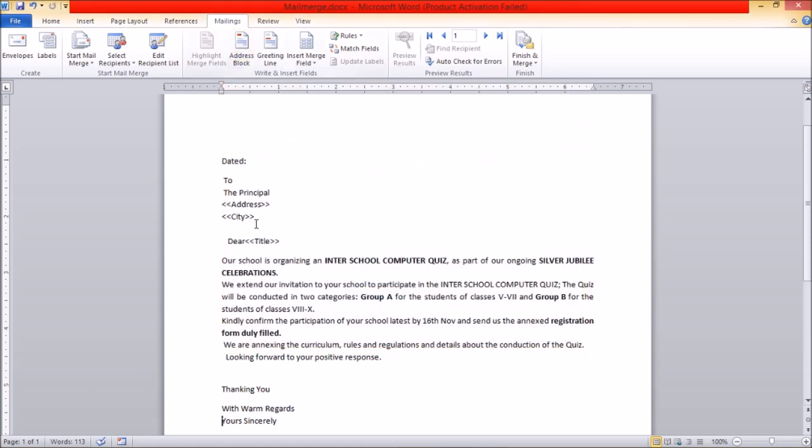Okay, now here you can see this address block. This address block I have just written this thing from the textbook. Okay, now what we have to do is insert these fields from the list. Okay, so here date is also there. So date, just write down today's date, or you can write, like I am writing, for example, I am making it on 16th of June.